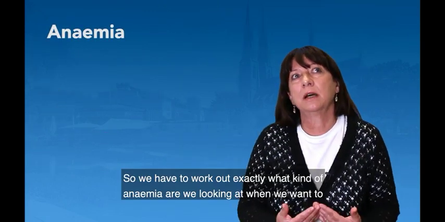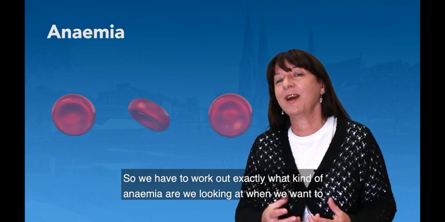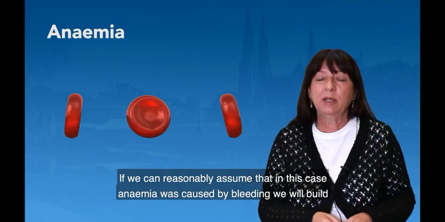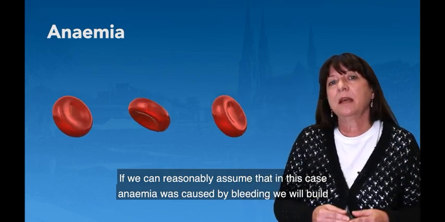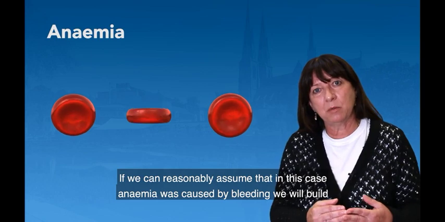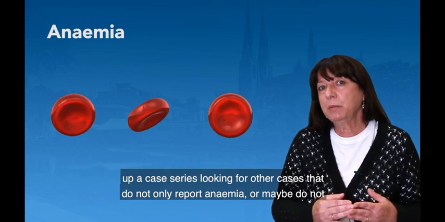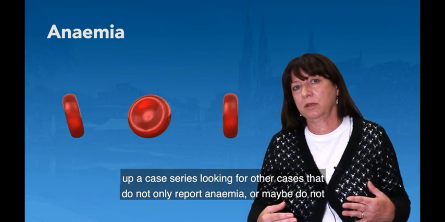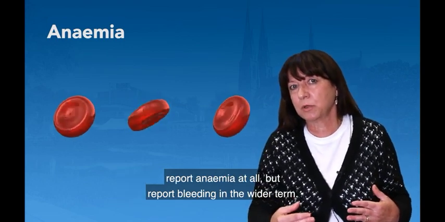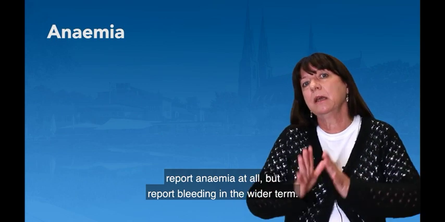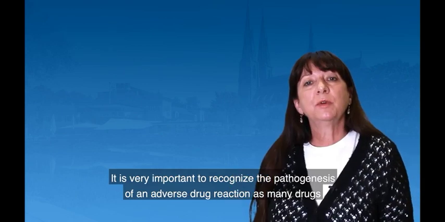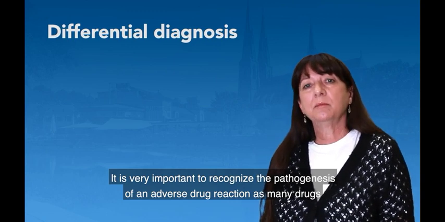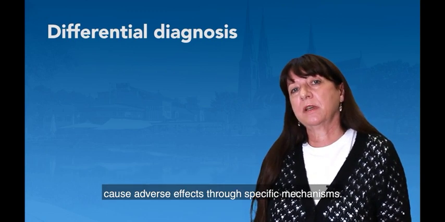So we have to work out exactly what kind of anemia we are looking at when we want to try to build up a case series. If we can reasonably assume that in this case anemia was caused by bleeding, we will build up a case series looking for other cases that do not only report anemia, or maybe do not report anemia at all, but report bleeding in the wider term. It is very important to recognize the pathogenesis of an adverse drug reaction, as many drugs cause adverse effects through